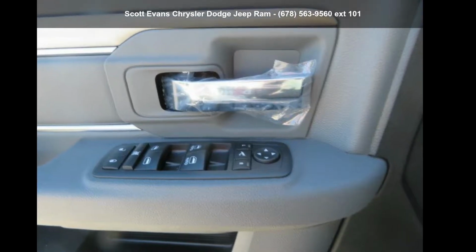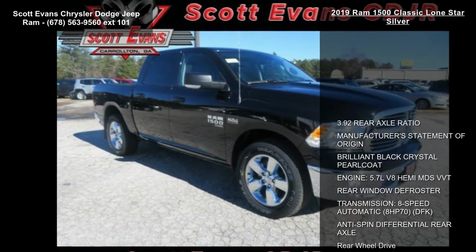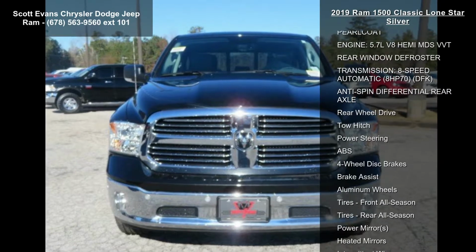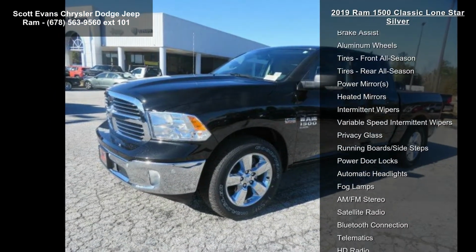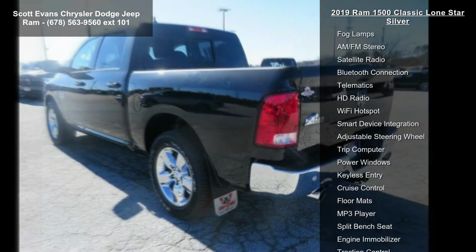Imagine yourself in this Ram 2019 1500 Classic Lone Star Silver. This may be the set of wheels you've been looking for. Enjoy these notable features: 3.92 rear axle ratio, manufacturer's statement of origin, brilliant black crystal pearl coat, engine, 5.7L V8